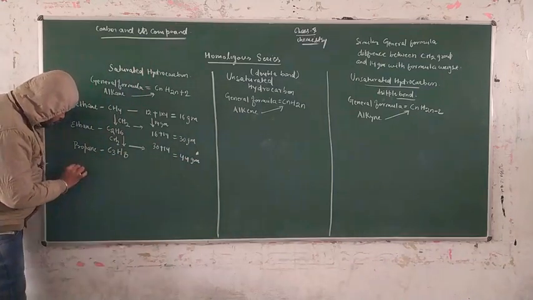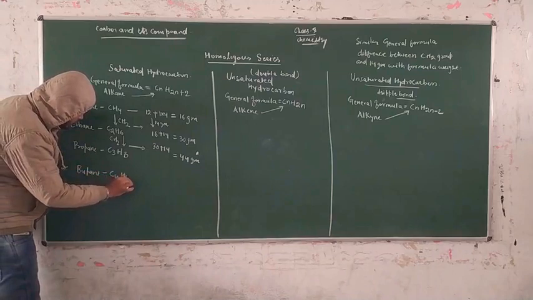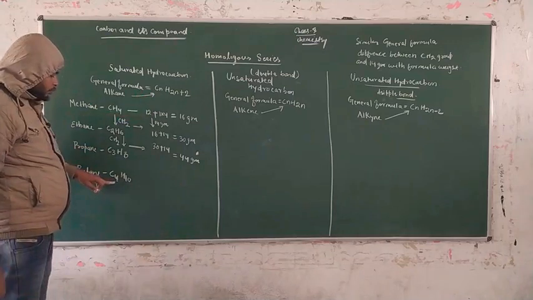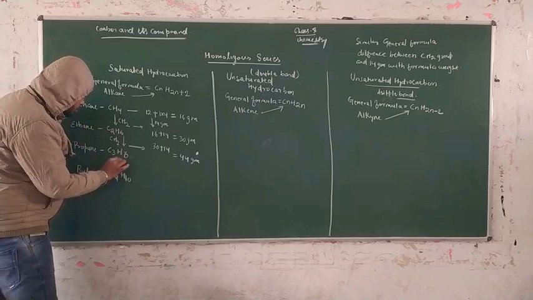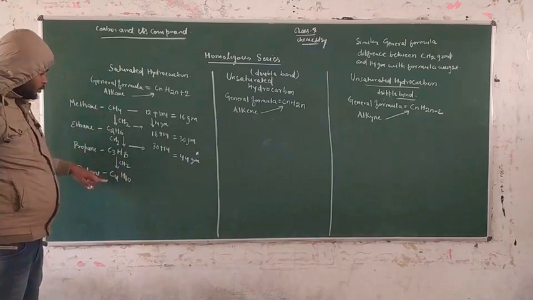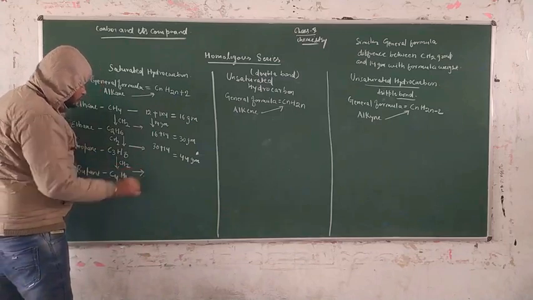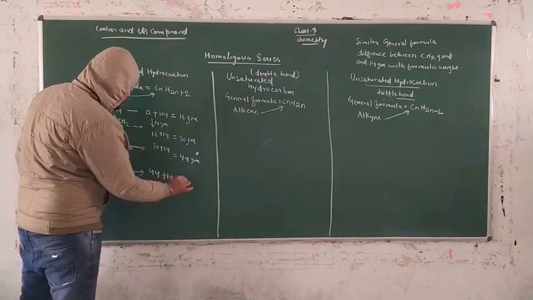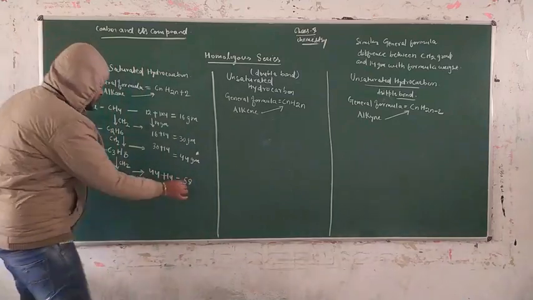Now we consider another one, that is butane, and its molecular formula is C4H10, having the similar general formula CnH2n plus 2: C4, H2 into 4 is 8 plus 2, that is 10. Again the major difference is CH2, carbon increases from C3 to C4 and hydrogen from 8 to 10. To find the formula weight, we add 44 plus 14, which is equal to 58 gram.